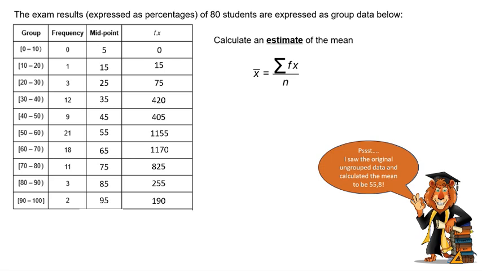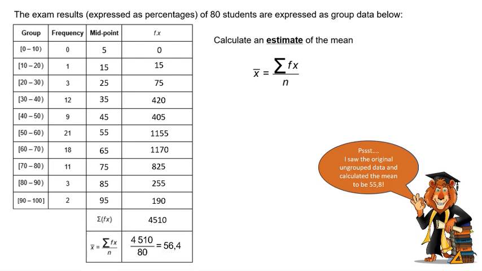Right, remember sigma notation means add all those things up. When we add them all up, we get that. And now we divide by the total number of students, which we said was 80, right, and we get our final answer. Right, just before we calculate actually how close that is, because it is pretty close, 56,4 as opposed